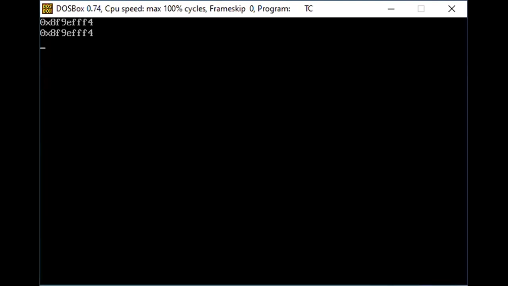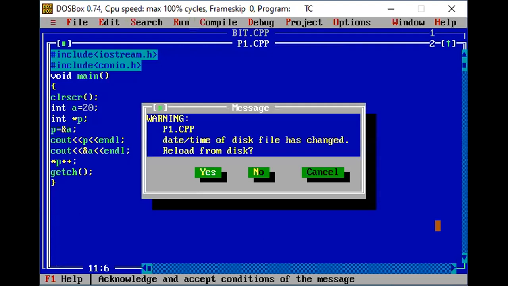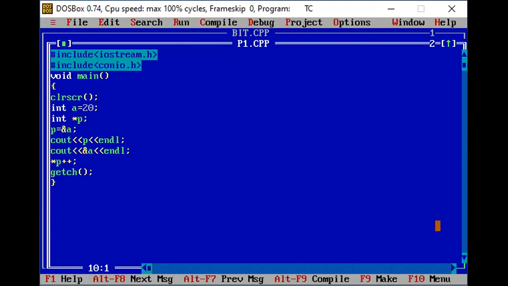Now the answer is 4 and 4 here. I'm just displaying the value of the addresses of a and p, that is the pointer variable and the a variable.